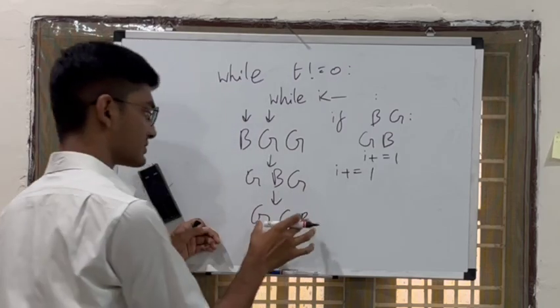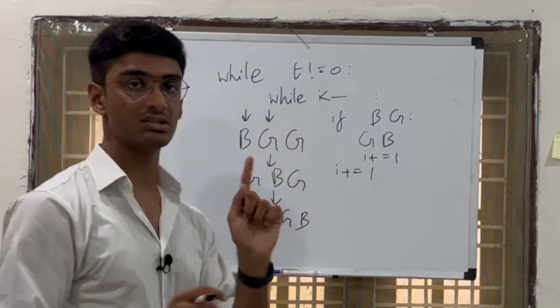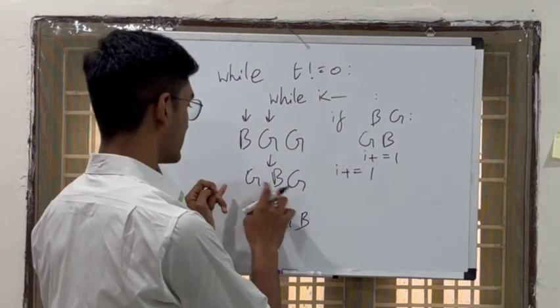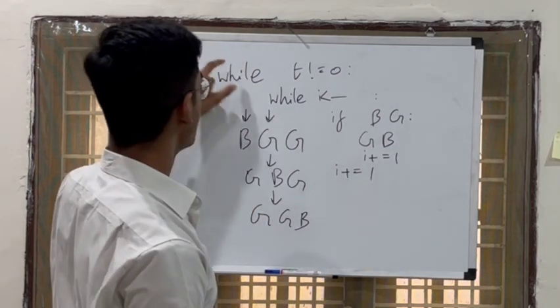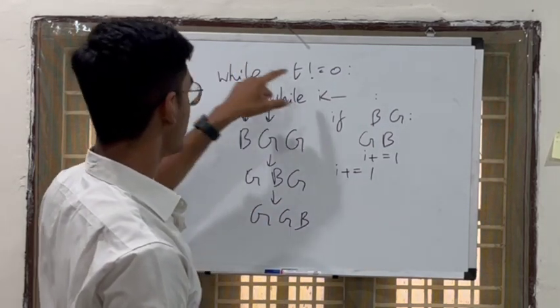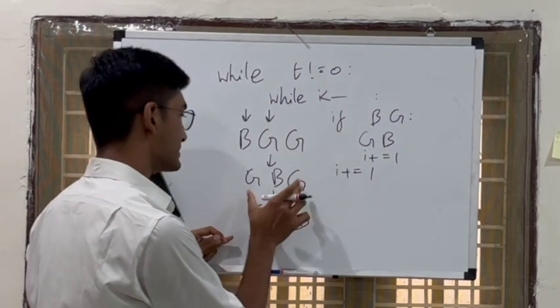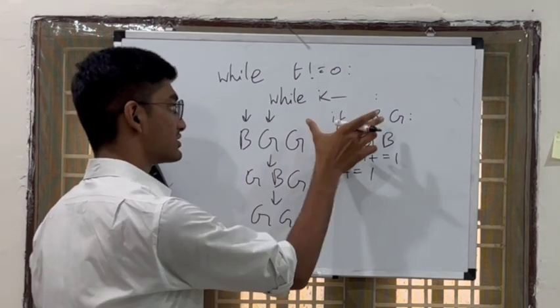Now you may think it's a good thing, right? No. This all should happen in t equals 1 unit of time. So the boy will give away his position to the girl in the first unit of time. This while loop, if it's t equals 2, will go again and come there. That is the position where this is going to happen. This should not happen in this loop. It should happen